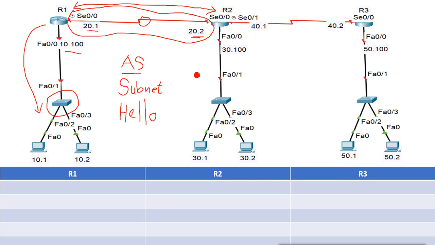Now in OSPF, what happens after the neighborship is created? They hold elections and find out the DR and BDR. Here we don't have that. After directly creating the neighborship, they exchange routing information about their networks. So router 1 will send the networks it has connected and the metric of those connections. Now in OSPF we have only a single metric, that is cost. But here we have